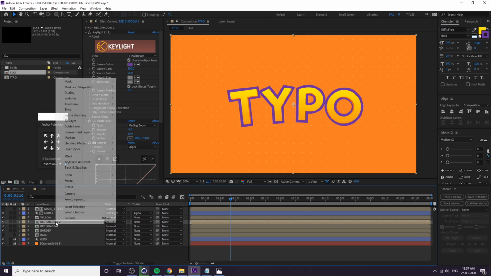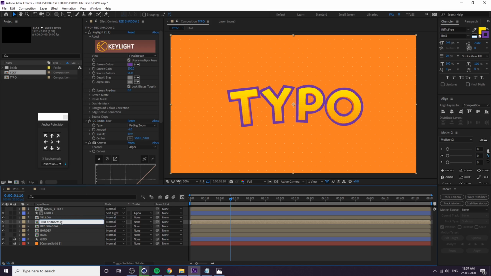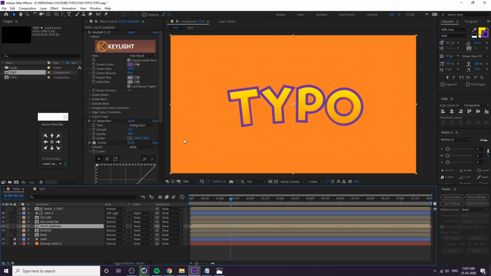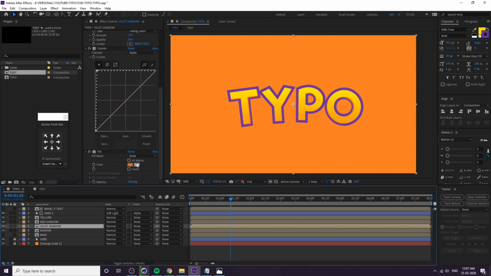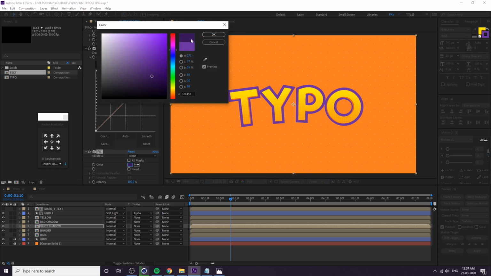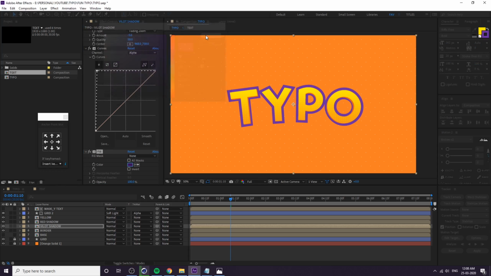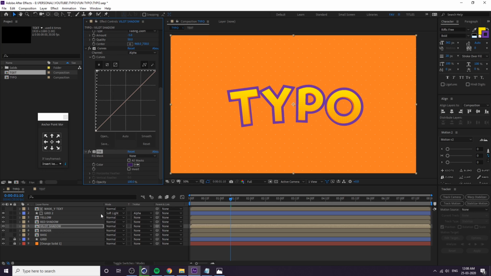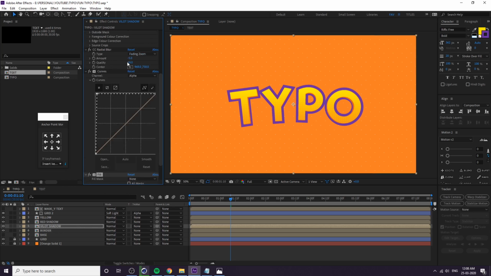That's why. Anyway, just duplicate the same red one and change the name into violet, because we had to create another shadow. So violet, and you can bring it down under the red one, and you can change the fill color from red to dark violet. You can change the violet into a little darker. Now you have to change the 3D depth position, so